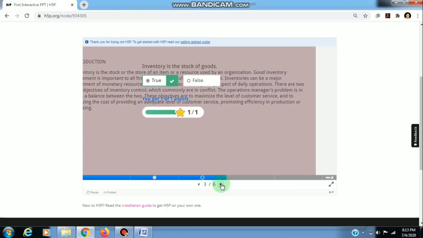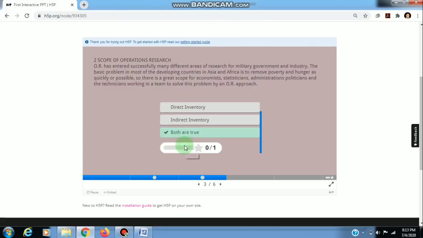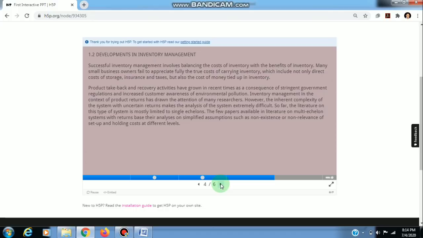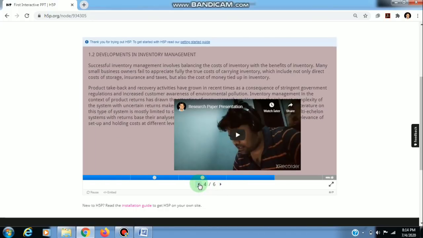I move to the next slide. Scope of operation research. Here another question is asked: types of inventories are direct or indirect entry. Both are true. I will check it. Is it true or false? It is also true. I have also added a video here.